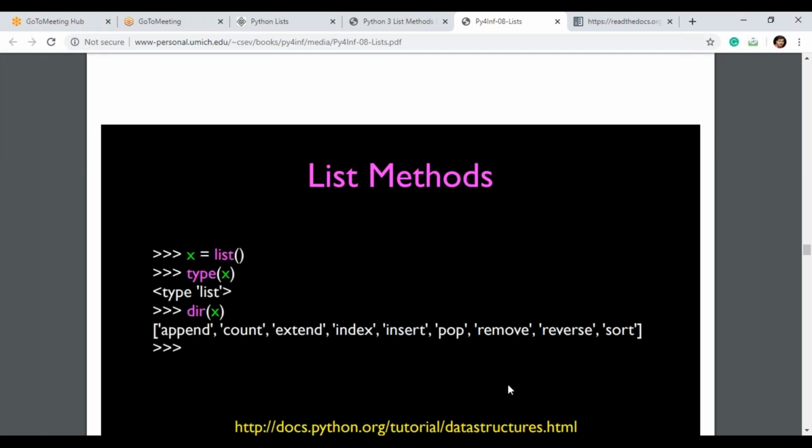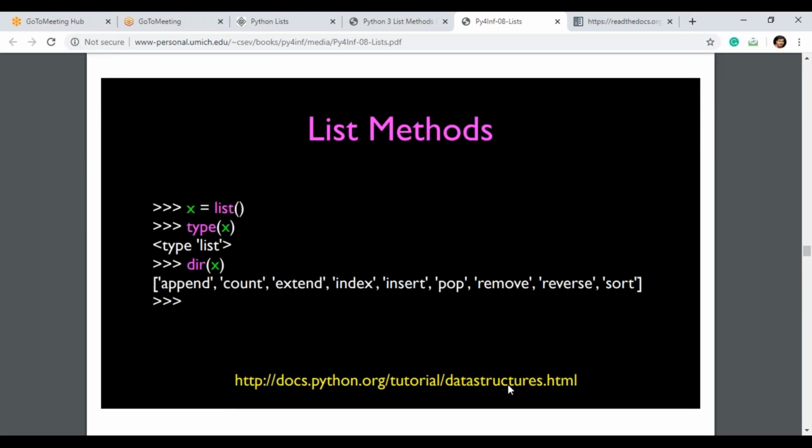The directory of x shows: append, count, extend, index, insert, pop, remove, reverse, sort. These kinds of functions are available. So these are the methods: append method, count method, extend, index method, insert method, pop method, remove method, reverse, sort method, which are available in the list also, same like string applications.